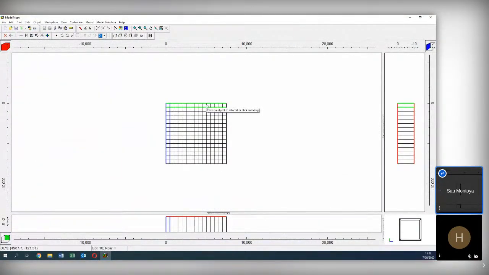That's why this thick line is divided on this side, because actually there are 10 columns plus 5 and 10 rows plus 5. Okay, great.